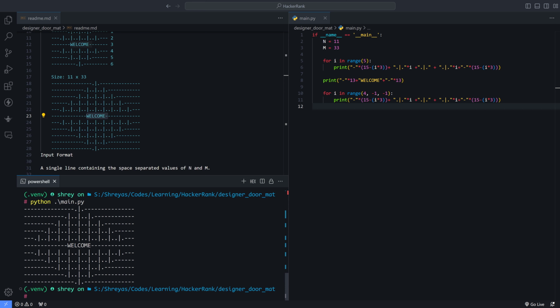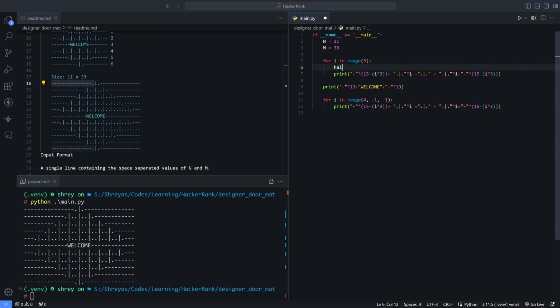We have completed the pattern, but have we? Now we have not taken input, we have not even used n and m anywhere. So let's just review the entire code. Over here we had written 15. Why did we write 15 here? We wrote 15 because this was the size which was supposed to be there, right? So what we'll do is we'll write half row equals to, and then we'll write